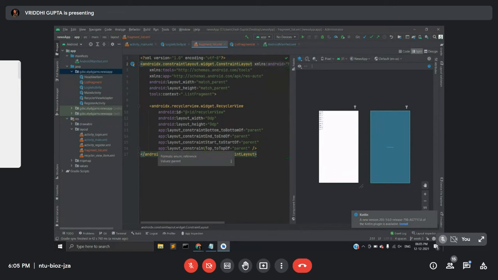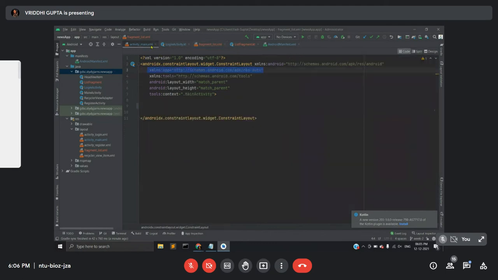So till here, is it done? Can anyone confirm? Or should I repeat? Can you tell again about the namespace part? Yes, sure. See, this particular line was not there in the fragment part. Hence, we were getting these errors. But it was there in the main activity, the namespace for app.